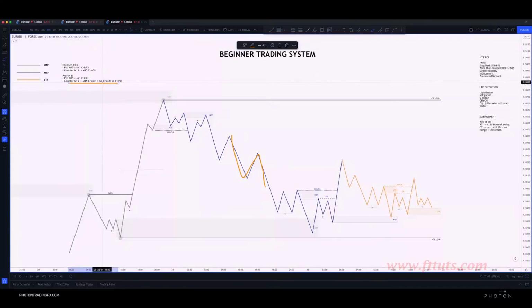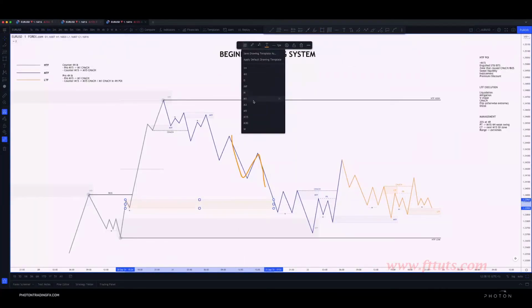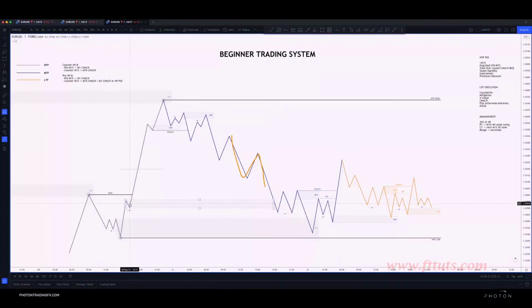Now, the reason why I've said you need to either wait for an M15 change of character, or an M1 change of character has to be in a 4-hour POI, is because at this point, if you just look for that M1 change of character, essentially this entry model here, around here, it's very likely that you're going to take a lot of losses. Say this section here, this price action here, on the 4-hour chart is obviously a minor pullback, but if we were to drop down on the M15 and look at this, this would look like a very, very decent M15 zone. It led to a break of structure, and then when price comes down into it at this point,